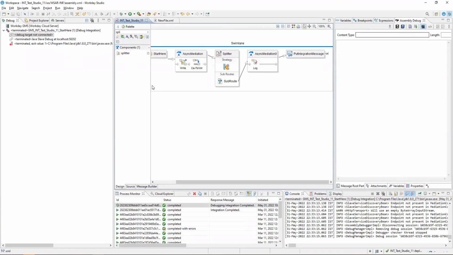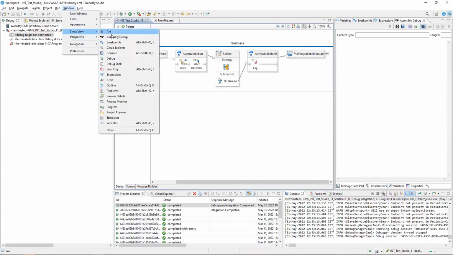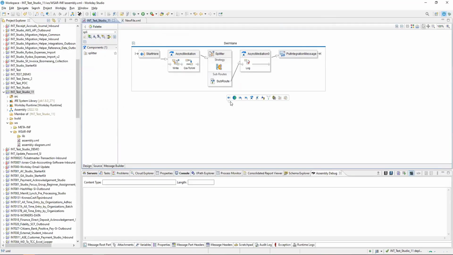Let's do that part. Where is it? This perspective. Open perspective. Show view. Here on the right side corner, on the top. This one. And beside that. Okay, cool, yeah. Because I very rarely use debug. I used to do it in the beginning, but then after that I never used it.